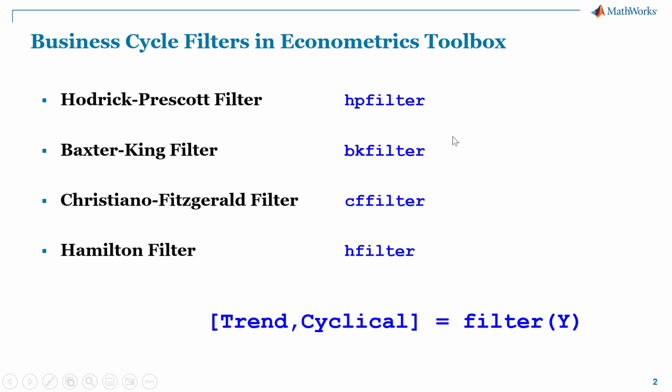So what we'll see in the end is that the filter you choose has a lot to do with what you're trying to capture in the business cycle. And you can use any one of these filters individually to do a very specific job and capture a very specific notion of business cycle, or you can use them all together and do a comparative analysis, but we'll talk a little bit about what are meaningful comparisons for these 4 different filters that have different objectives.